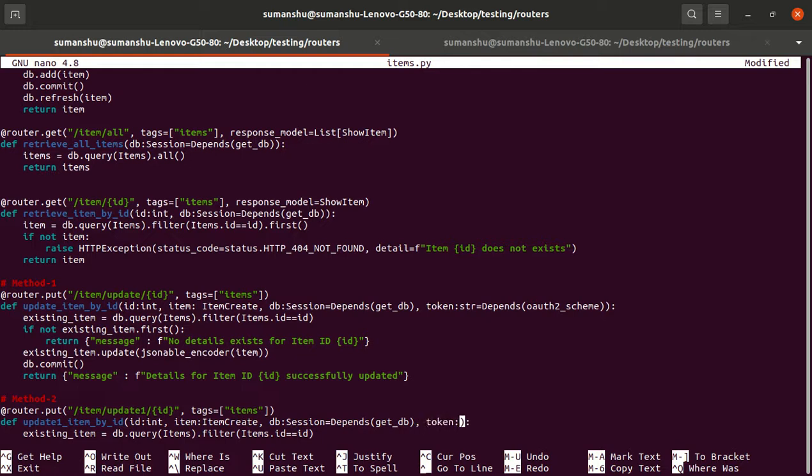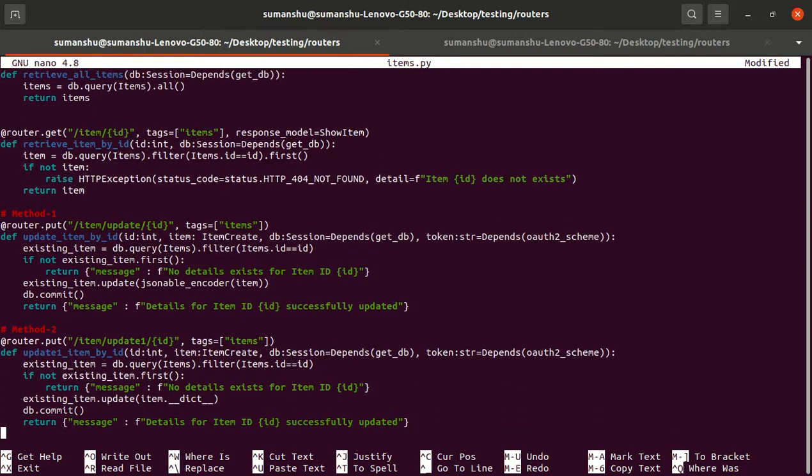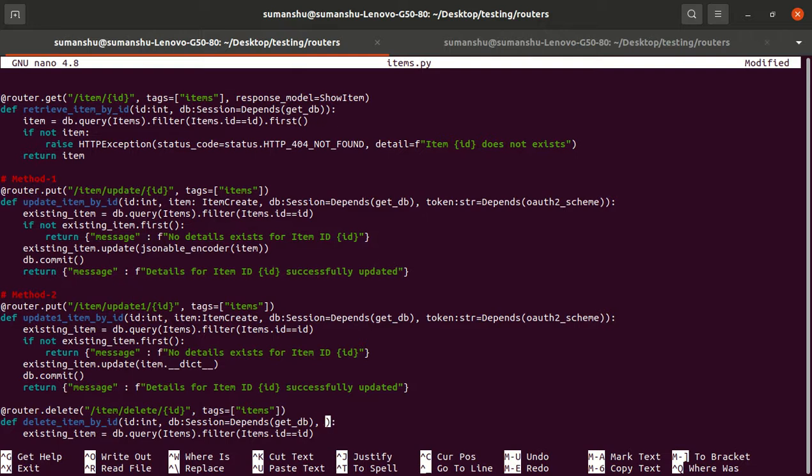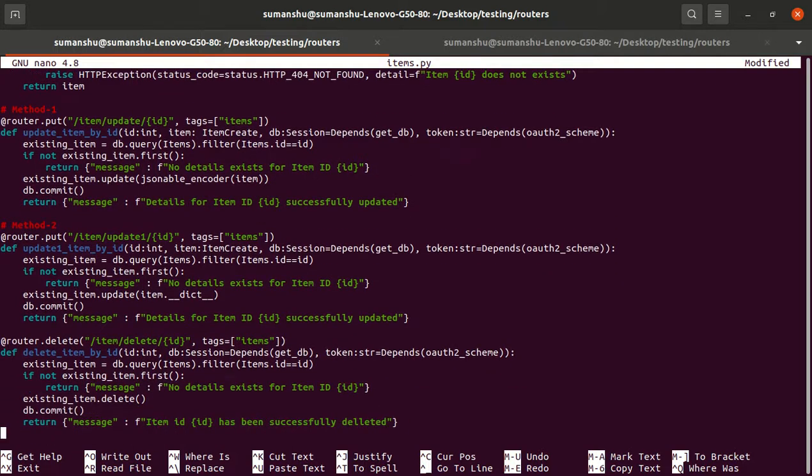We will accept the token, it is a string, and what is the value, it depends upon OAuth2 scheme, and the delete as well. So it will accept the token as well. It should be in the form of string, and the value depends upon OAuth2 scheme. Fine. So we have implemented.